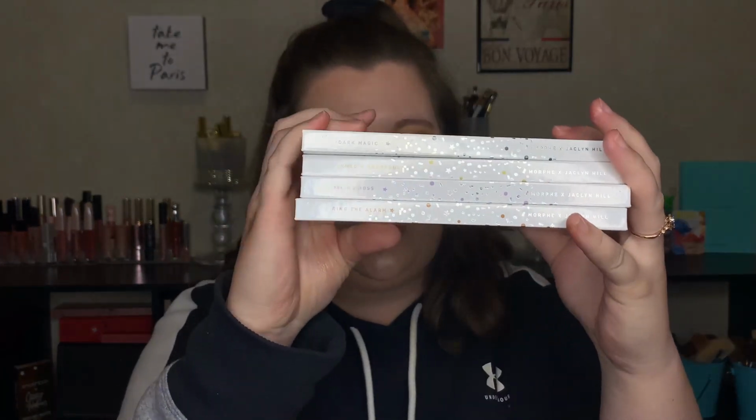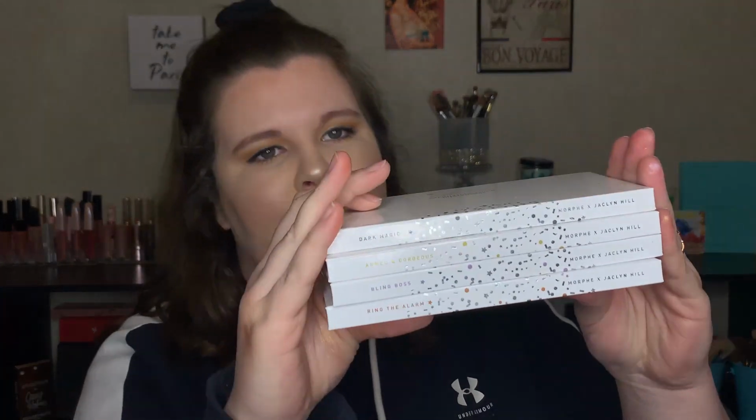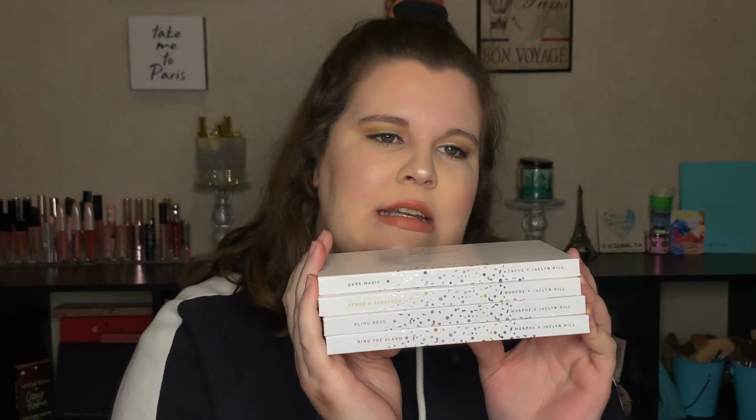Okay, so then the next, this is number 5 on my list, and there's 4 palettes, and this is the Morphe x Jaclyn Hill. And the reason that this is number 5 is because this Dark Magic, the matte shades in it don't perform as well as in the other ones. And also I just have so many eyeshadow palettes, but it is really nice that there are 4 different